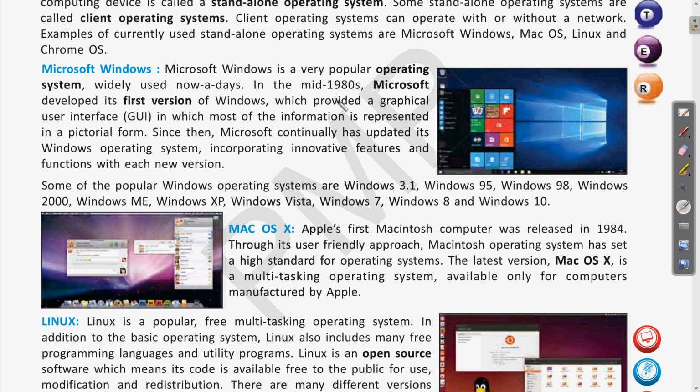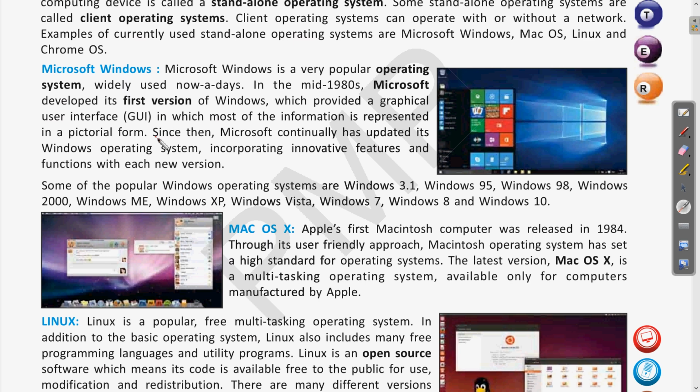You have heard about Bill Gates. He is one of the founder members as well as the CEO of the conglomerate of Windows operating system. Earlier there was the first version which was launched.